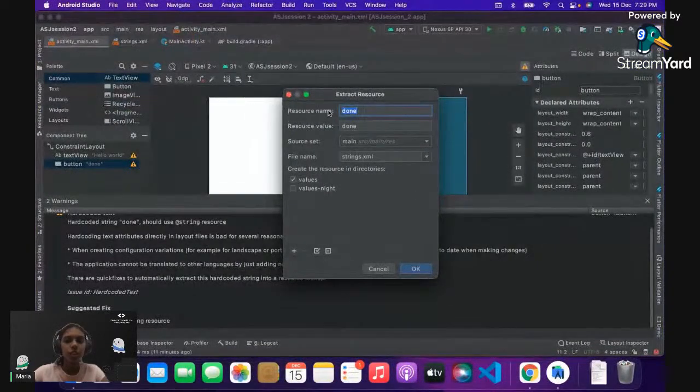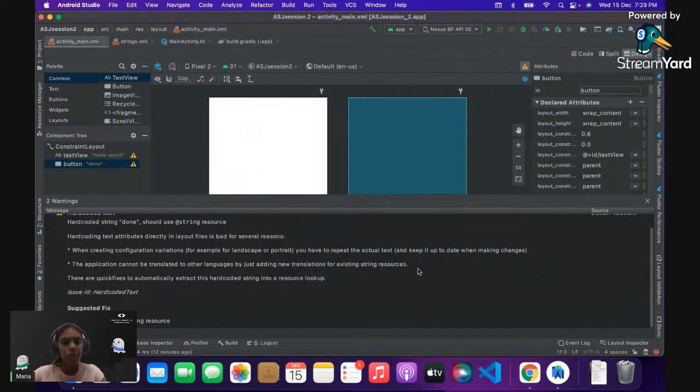Okay, so here there is resource name and resource value. Resource name basically stands for the variable name that we use. Just to distinguish this, I'll put the resource value as capital. This value is what is shown on a particular layout. So this is what the user will be seeing when they use the application. And this is just the variable name used to reference this particular value. So when I click on OK,